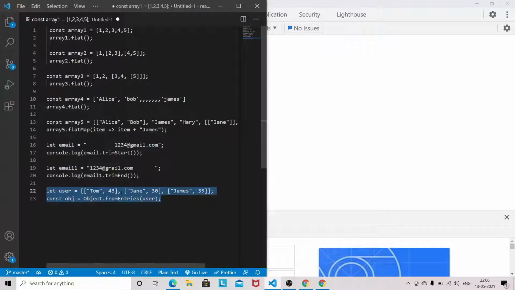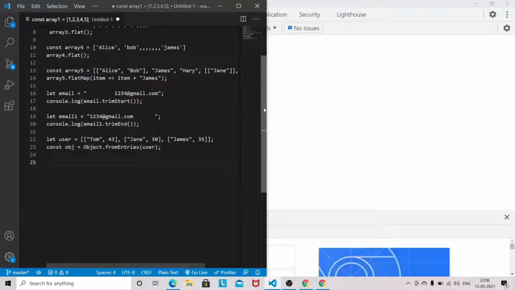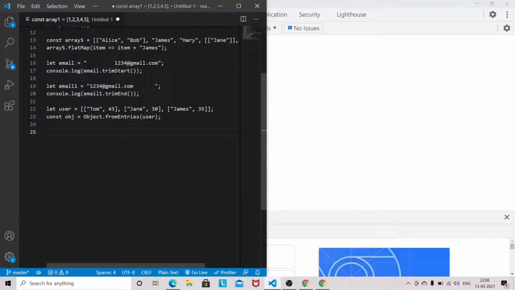In ES2019, they did some modification in the try catch block.